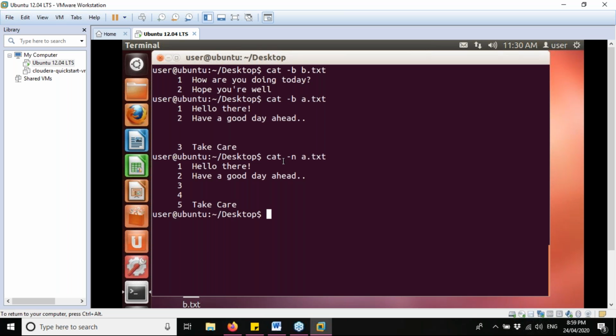On the contrary, if we run the command cat space hyphen n all in small letters, then a space followed by the file name, it will show the result and also number the lines. Even if there are some blank lines, it will number them as well. So here it is showing 1 2 3, whereas here it is showing 1 2 3 4 5. Take care is in the fifth line for this command, and for cat space hyphen b, take care is showing in the third line.